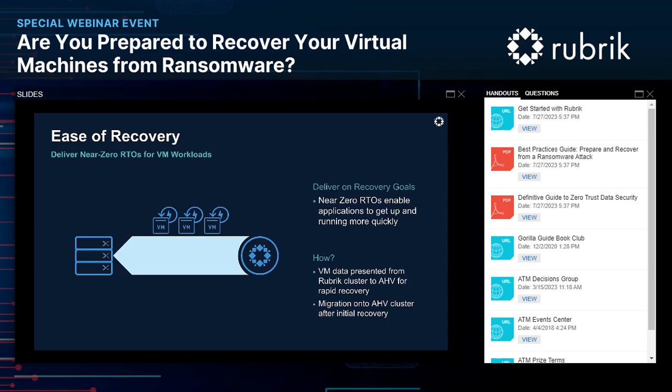Whether it's a cyber recovery or a traditional infrastructure recovery, recovery time objectives are critical. Rubrik has worked hard to constantly build upon the success of our initial offering almost 10 years ago with VMware. You can be running AHV, Hyper-V, or VMware in your data center, and we will have a consistent UI and management for those objects, as well as scalable and predictable recovery performance.